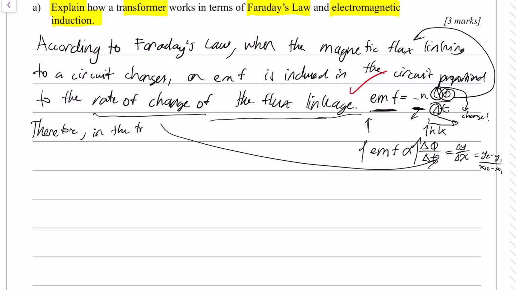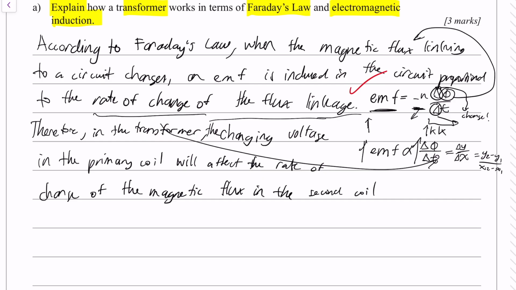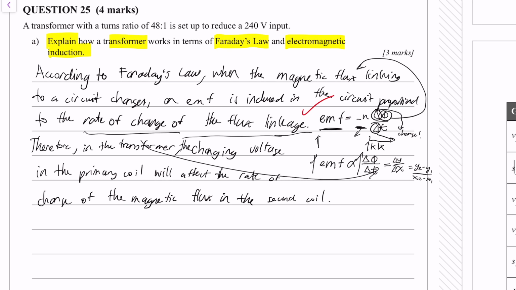in the transformer, the changing voltage in the primary coil will affect the rate of change of the magnetic flux in the second coil. Okay,